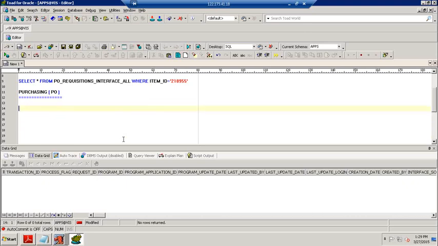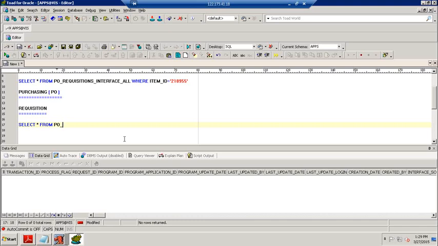So here, select star from PO requisition. How can we find out what our requisition is? Anybody tell me? In requisition we have 3 tables, but we don't know the requisition number. The system is going to show us some requisition number.